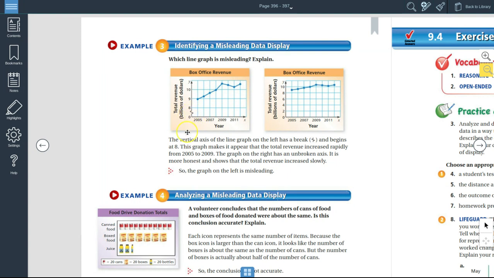This is making it evident, but people who are deceiving you aren't necessarily going to put a squiggly right here, showing that they jumped from 0 to 8. See how this starts at 0 and goes consistently up? This one does not. It jumps up and it's actually zoomed in, and it makes this look like it's going way up. It looks like it's almost doubled right here, because this is halfway up the graph and it almost reaches the top. This hasn't doubled,